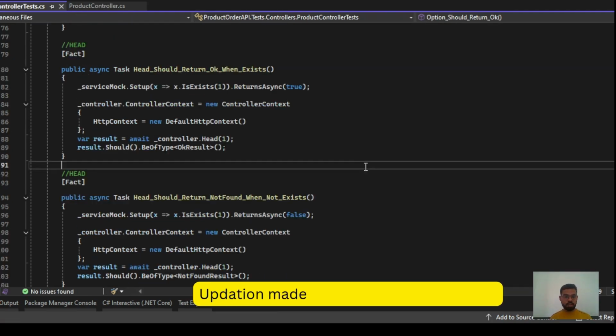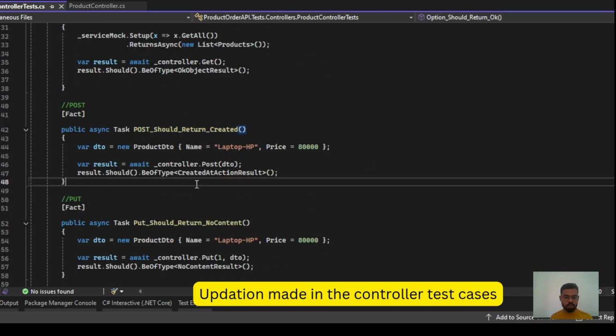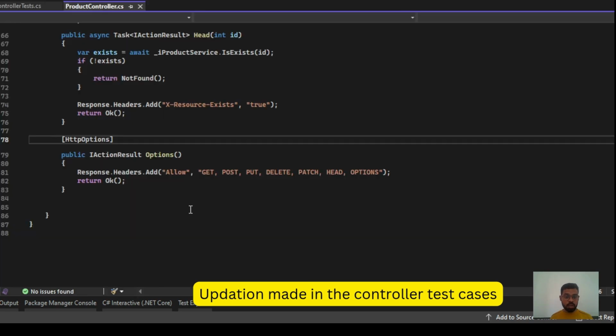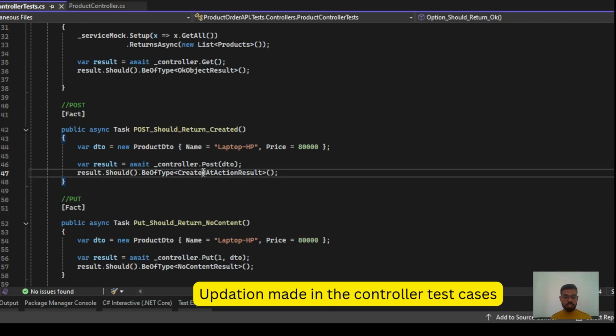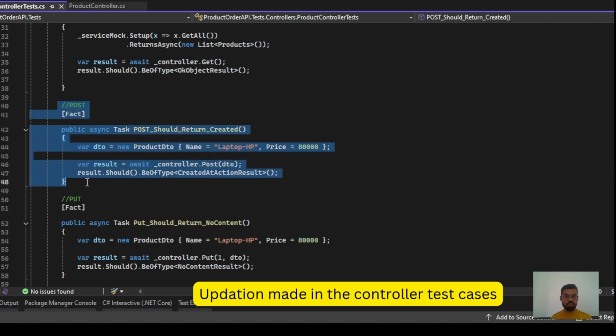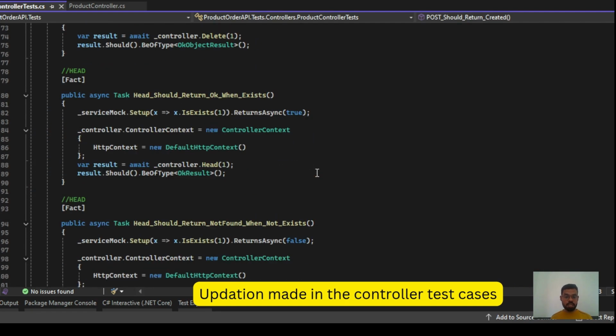Now there are a few errors while writing the test case of the controller. So I made a couple of changes in the post method. If you go to the product controller, and in the controller, if you go to the post method, what the post method is returning is the CreatedAtAction. Okay, so I made a change in the type, that is I have given the same type, CreatedAtActionResult, just to verify that whatever response we are receiving from the controller should match. So this change I made, and one more change I made, that is there was an error in the endpoints,